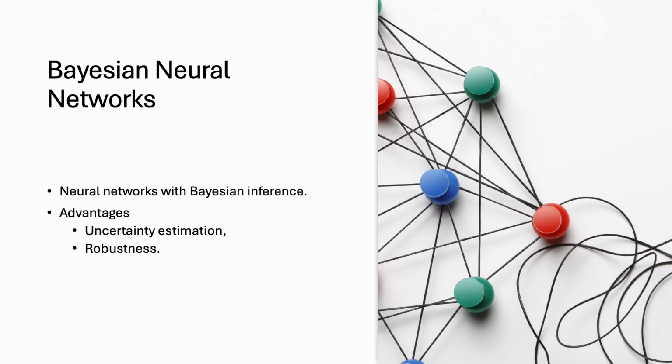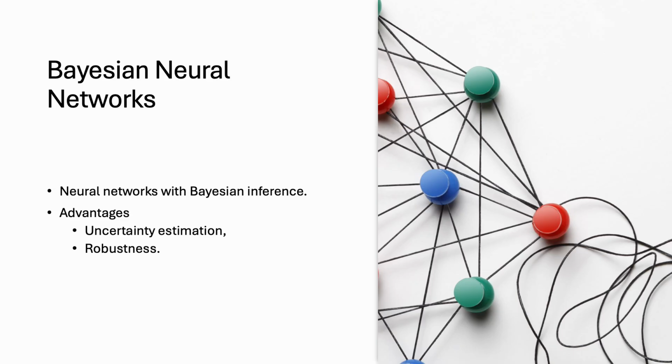This means gaining not just a prediction of whether a player will perform well in the next match, but also a confidence interval that quantifies the likelihood of different outcomes. This probabilistic insight is invaluable for making informed decisions, such as game strategies, player rotations, or even contract negotiations, where understanding risk and variability is just as important as the prediction itself.